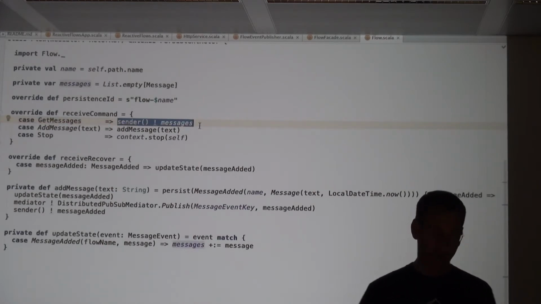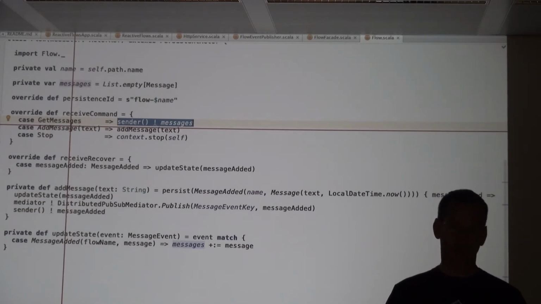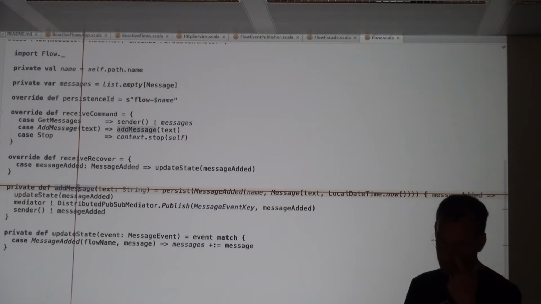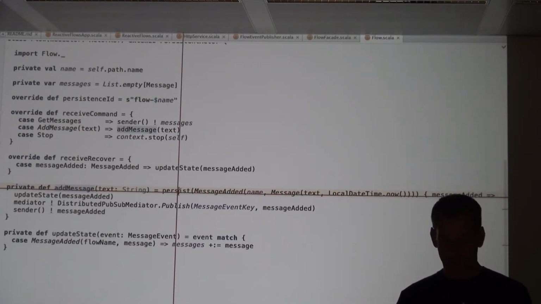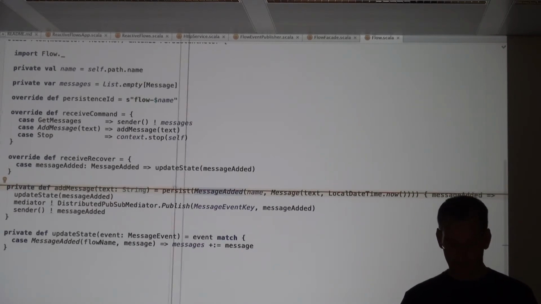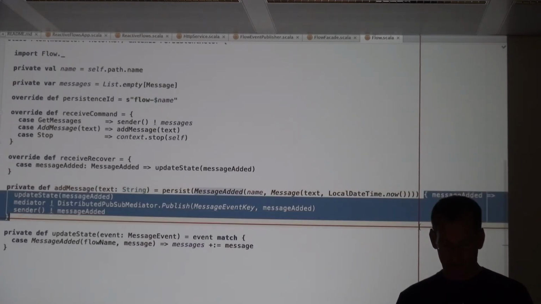But you might want to create events which get persisted. Like here in this case, if you add a message, that's definitely something that needs to be persisted. So going here to that message, you invoke the persist method with an event you create, this message added event. Okay? And then you have to also provide a handler. So that's the guy here.